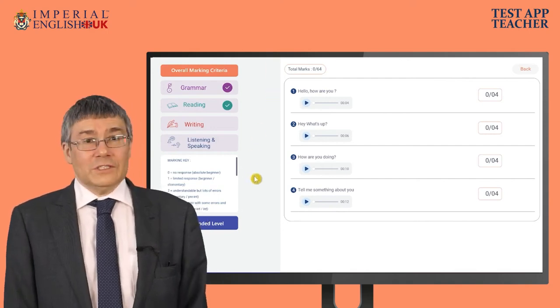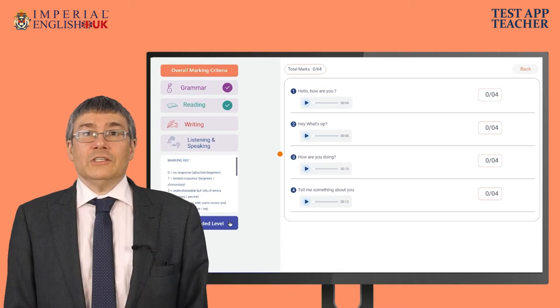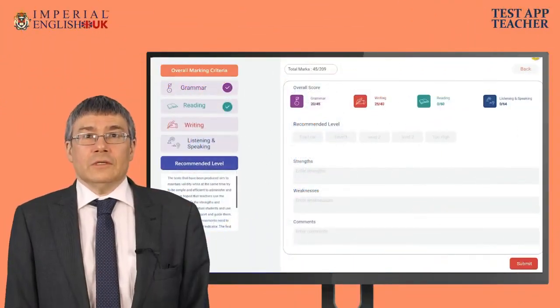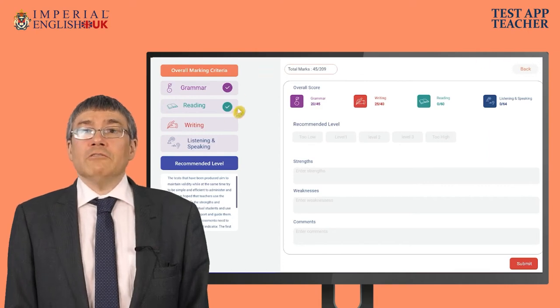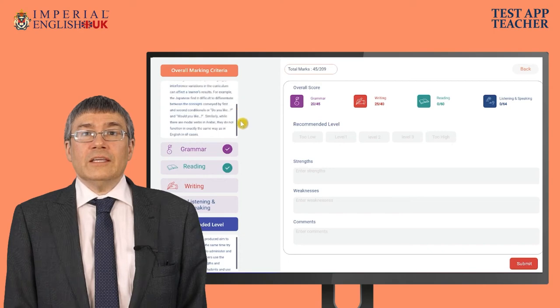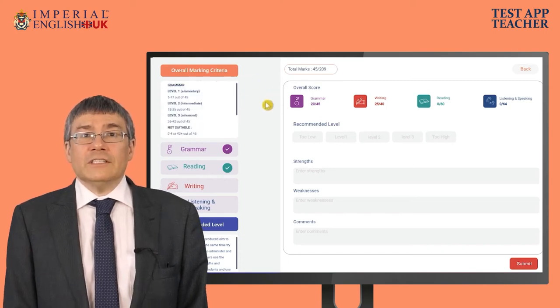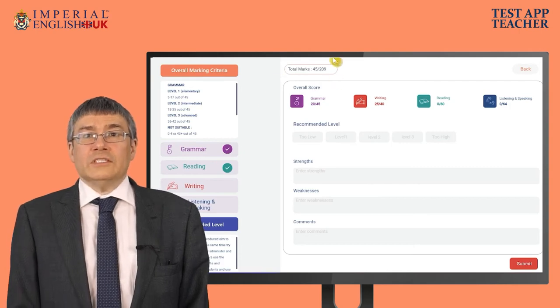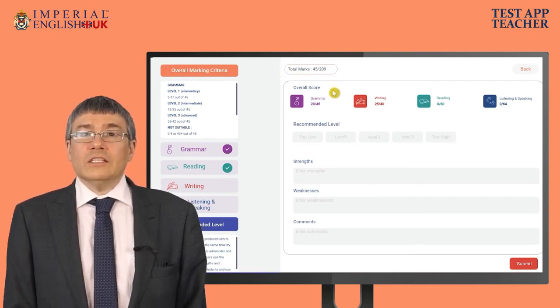After marking the 4 sections, the final action the teacher needs to complete is the recommended level section. In order to do this, there is some guidance available again on the left-hand side of the app in the overall marking criteria. Teachers can see the total score for the assessment at the top, as well as for each